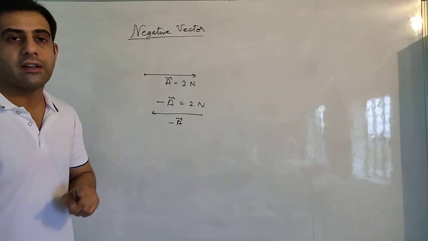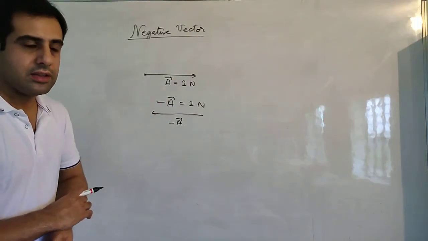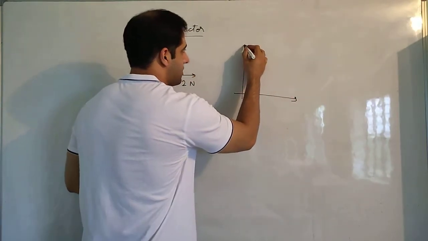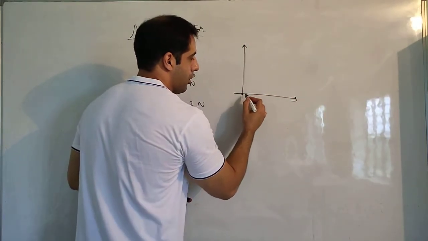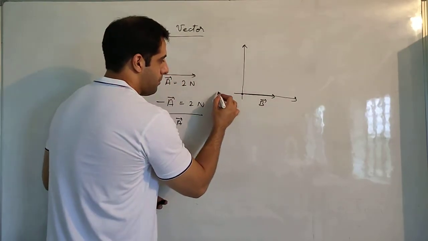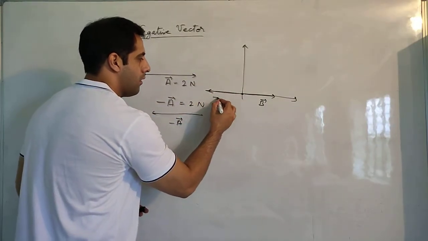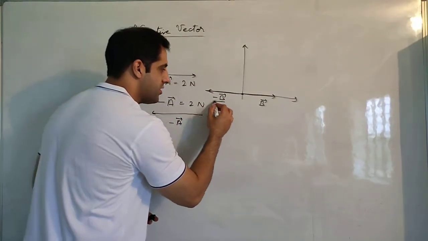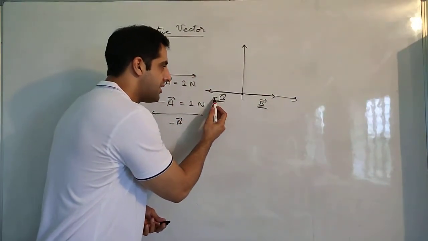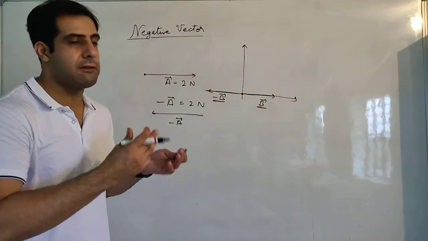But that does not affect the direction. Direction is affected by the plus or minus sign with the vector quantity. So this way we can always change the direction. If some body is starting from here and it is moving in this direction, then it is vector B. If I change the direction of this, it will be minus vector B. Now this quantity and this quantity are the same thing. Why? Because minus B and B are opposite in direction, but they tell us the same thing.